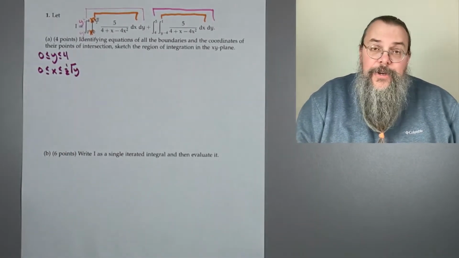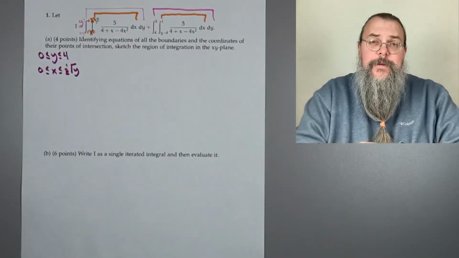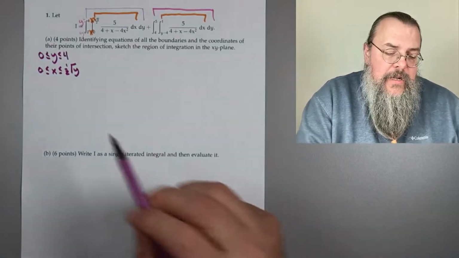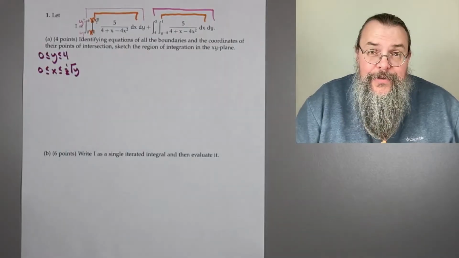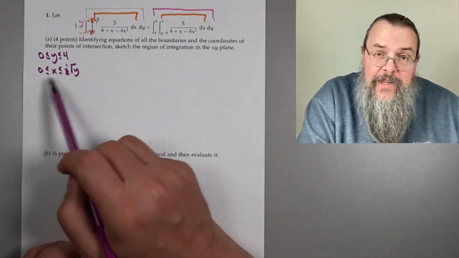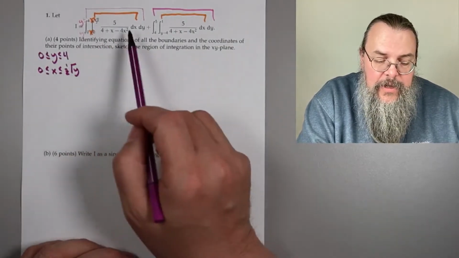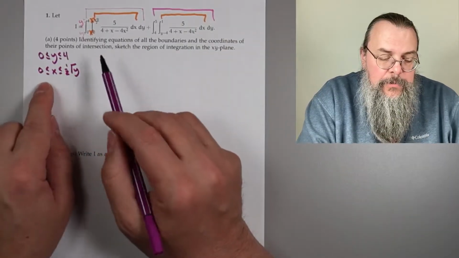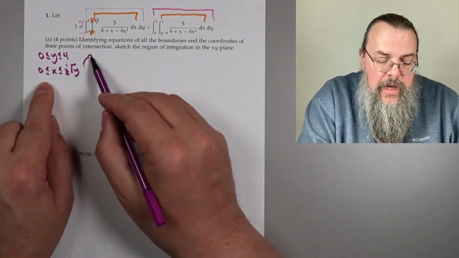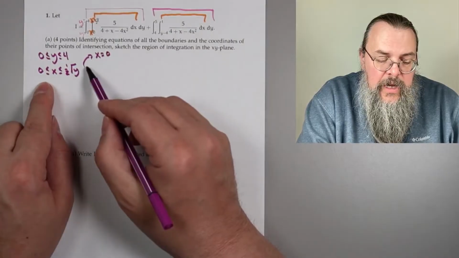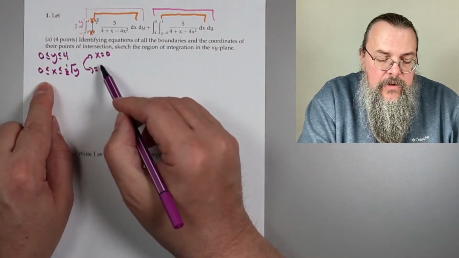All right, good. So now we can start thinking about what's going on. When we think about the curves, we really look at the second layer, this inner layer here. So we're going between the curves x equals 0 and the curve x equals